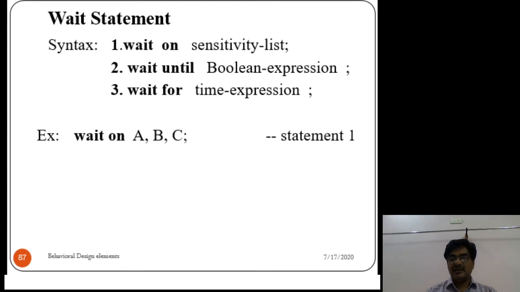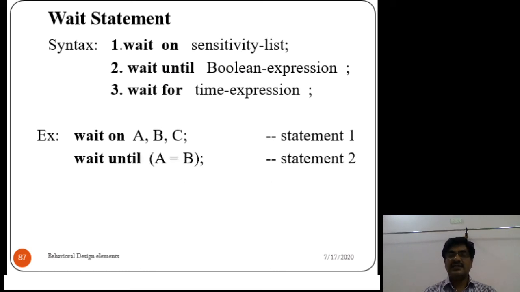Then wait until Boolean expression. The processor waits until the Boolean equation is satisfied, otherwise it stops. Let us say this example, wait until A equal to B. The processor waits until this condition A equal to B is satisfied.